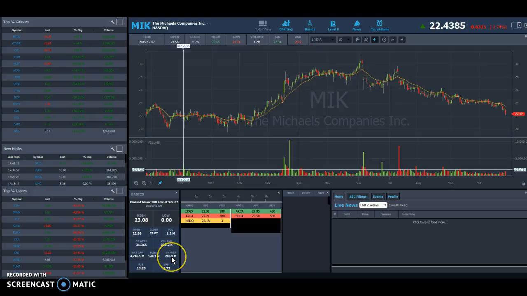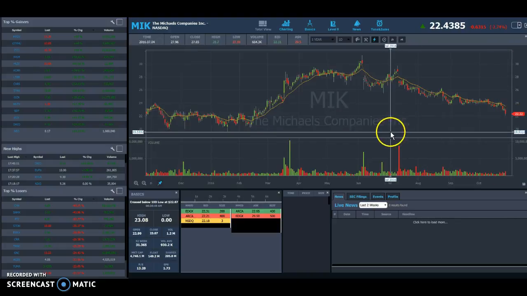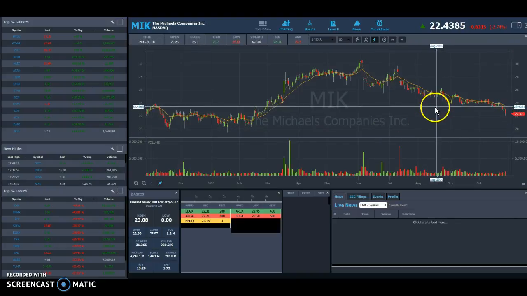MIK, it's a larger float stock, 205 million shares outstanding, 149 million in the float. Average is 930,000 a day. Today it traded 1.2 million, which corresponds with the big down day. Now, this is the 1 year chart on MIK, and